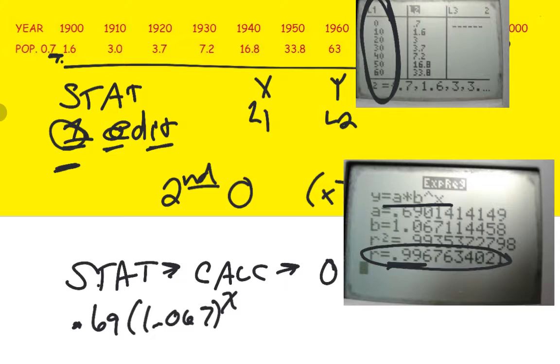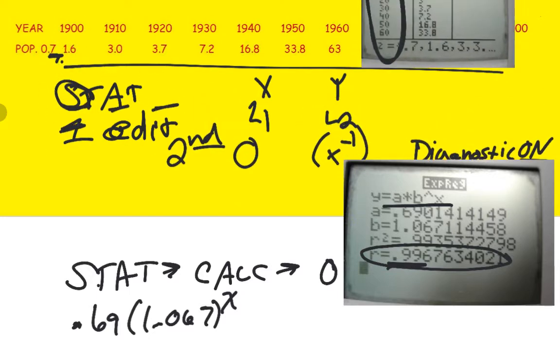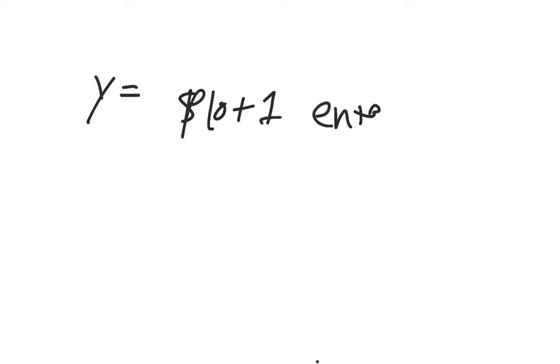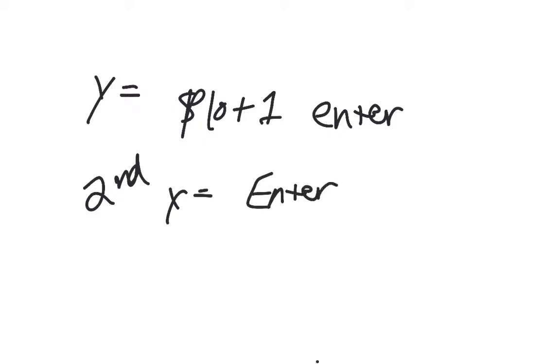And so if you want to actually then graph and look at the scatter plot and see how it all fits, this is what you're going to do. In order to see the data, you're going to hit y equals, and you're going to go up to plot 1 and hit enter. That turned it on. Now to see what your data is, hit second y equals. And notice it should say that plot 1 is on. If you enter on it, plot 1,